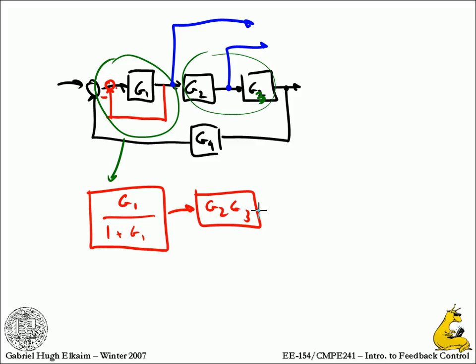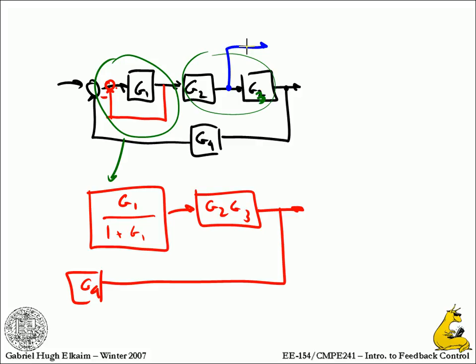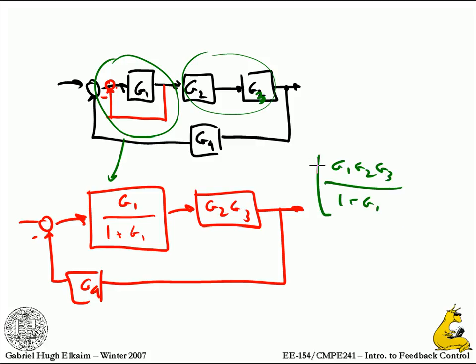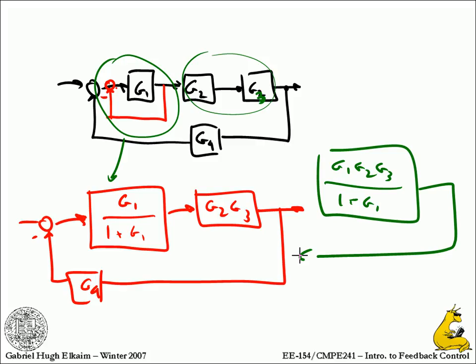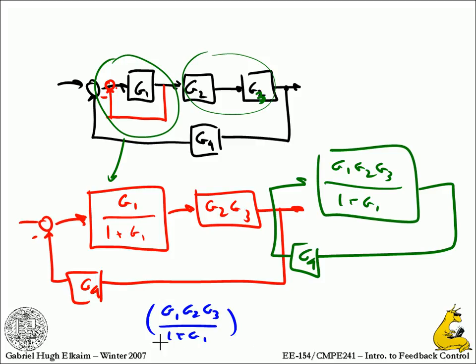All right, and then now this has a G4 in it. If we ignore these guys for a second, this now goes through a summing block like that, which means I can now combine these two to G1, G2, G3 over 1 plus G1 on the forward one, which now has a G4 in the feedback loop. Then I can do that one as a G4 feedback. So it's the forward gain, G1, G2, G3 over 1 plus G1. That's the forward one, all over